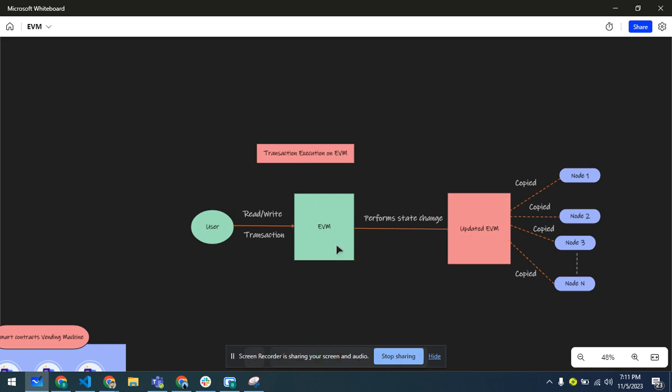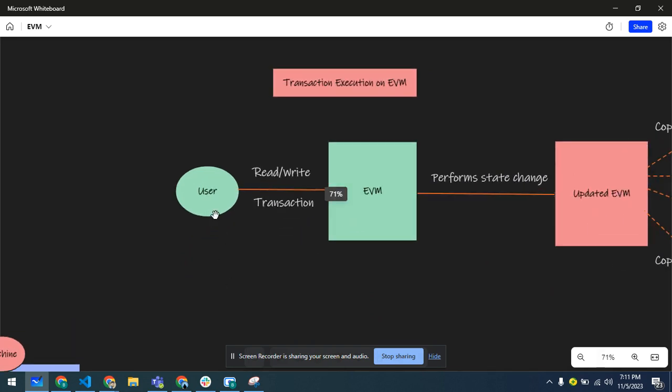Now, let's see how the state changing transaction is executed on EVM. Let's say Bob or you as a user wants to read from the EVM. If you want to read the EVM, this EVM state will be used and this EVM state will be returned to you. But if you want to write into the EVM, a transaction will be initiated and the EVM actually